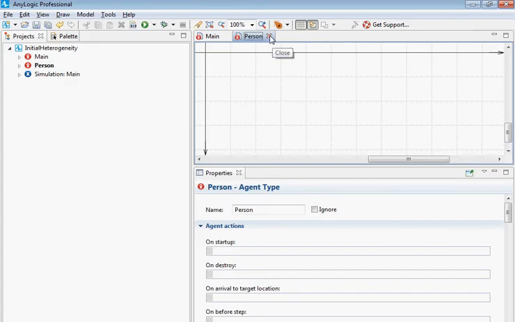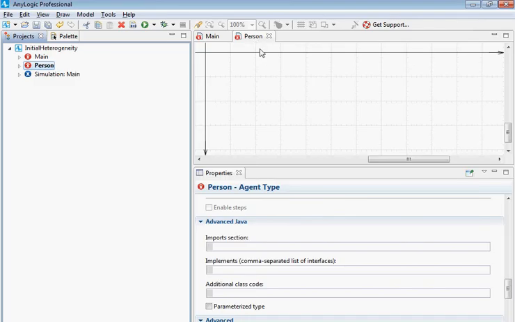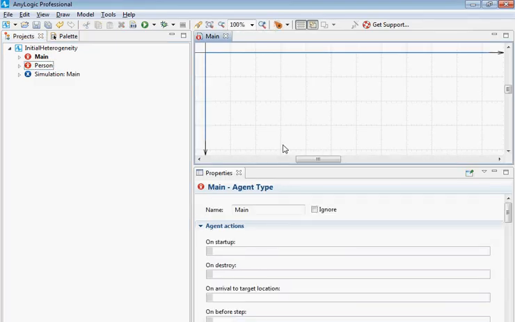Over here in the canvas it's no problem. If you close one of these, let's say person, now person disappears there. I can always get it back by double clicking on person. It will show it to me again. Now the situation is yet more textured, my colleagues, if you close something like the properties window or the projects